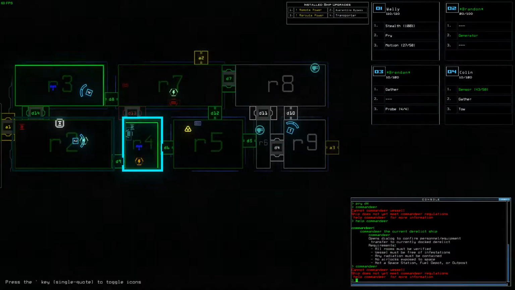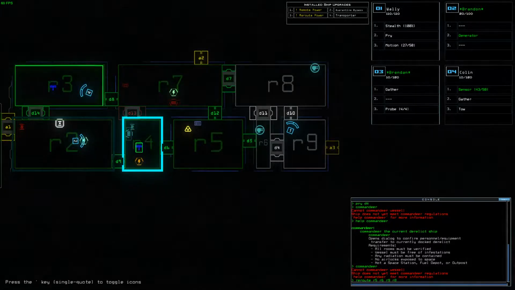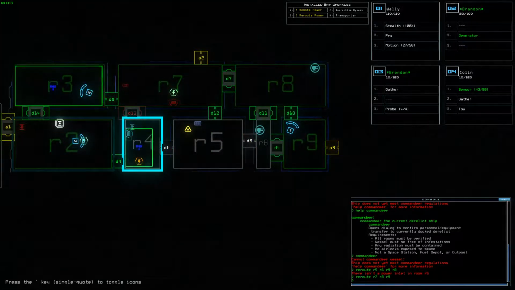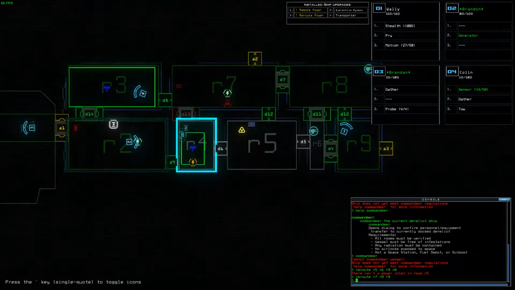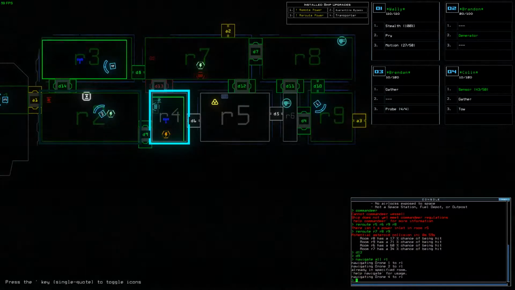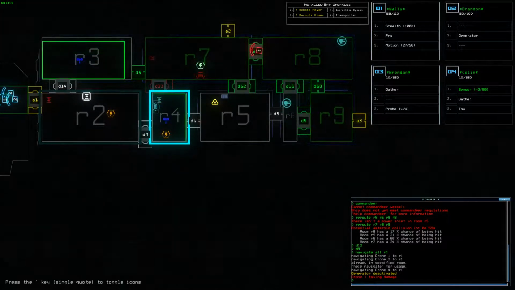Is it because some of these rooms are not powered? Reroute R5, R6, R9, R8. Reroute R7, R8, R9. I kinda don't understand what the problem is. Okay, yeah, we need to just get out. We have a nice minute before... Okay, Wally, this is not a good time to get stuck on anything, so just...